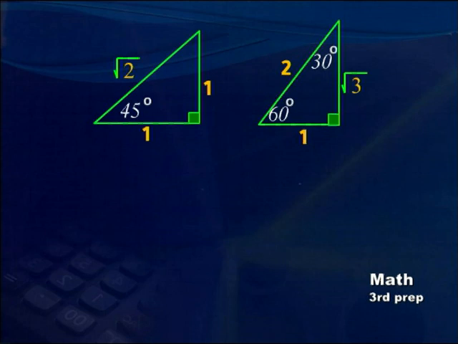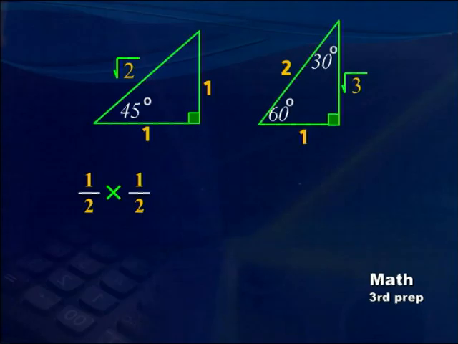What about cosine 60? Cosine is adjacent over hypotenuse. So the cosine 60 is 1/2, multiplied by sine 30. Sine 30, what about the rule of the sine? It is opposite over hypotenuse. What about the opposite of the 30 degrees? It is 1 over hypotenuse, which is 2. So half times half minus